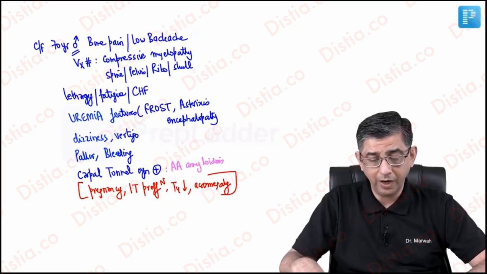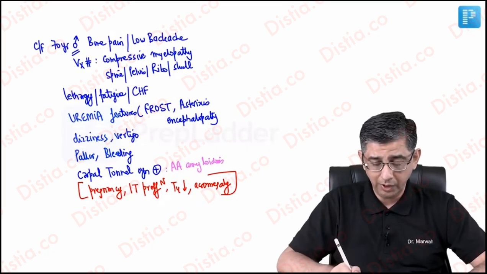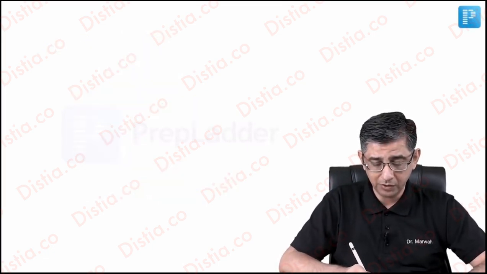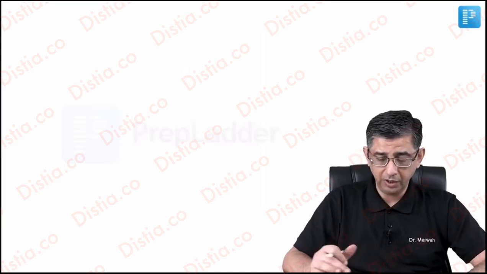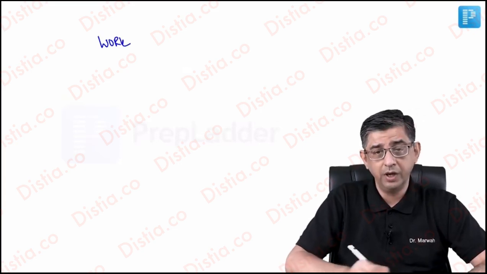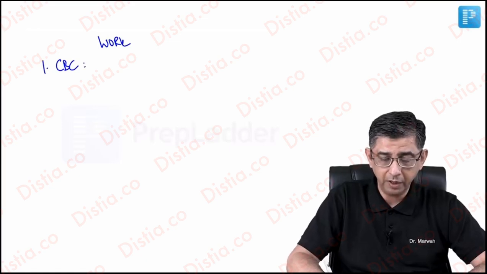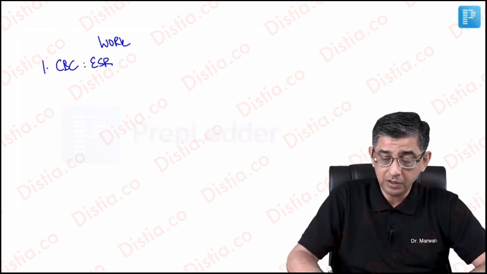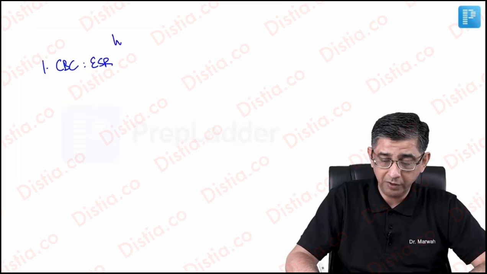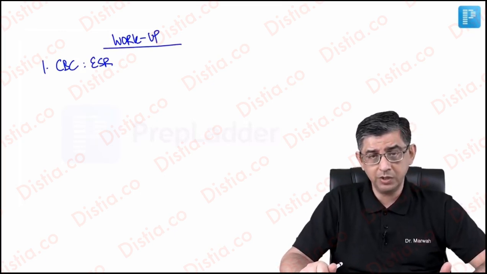So let's look at the workup that I'll be doing in this geriatric age patient so that I can be closer to my diagnosis. The first thing that I'll do in any hematological case would be to go ahead with the complete blood count. And when the report comes, I will notice that every time a CBC report is given, even an ESR report is given. And the ESR of these patients of multiple myeloma will be dramatically high. I mean, you would have seen ESR going up to 60, 70, 80 in a case of tuberculosis.